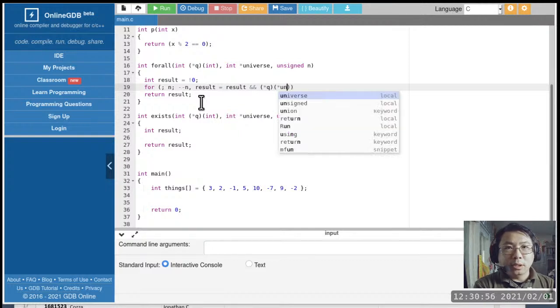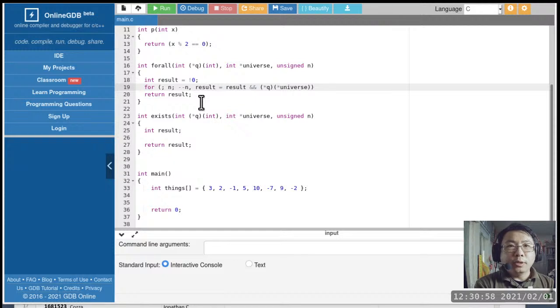So we have *universe, but we also need universe as a pointer to advance to the next thing. We want it to point to the next thing as a post operation, so that means we need a post increment like that. To make this a little bit more clear, I'm going to use extra parentheses. I believe these parentheses are not even needed because of the default priority of operators. And that's it. This loop does not even have, quote-unquote, a body.